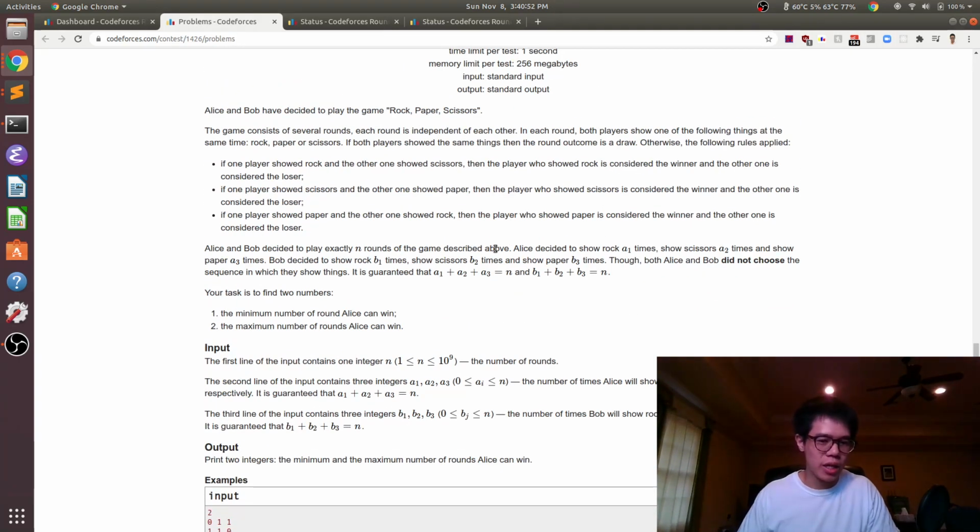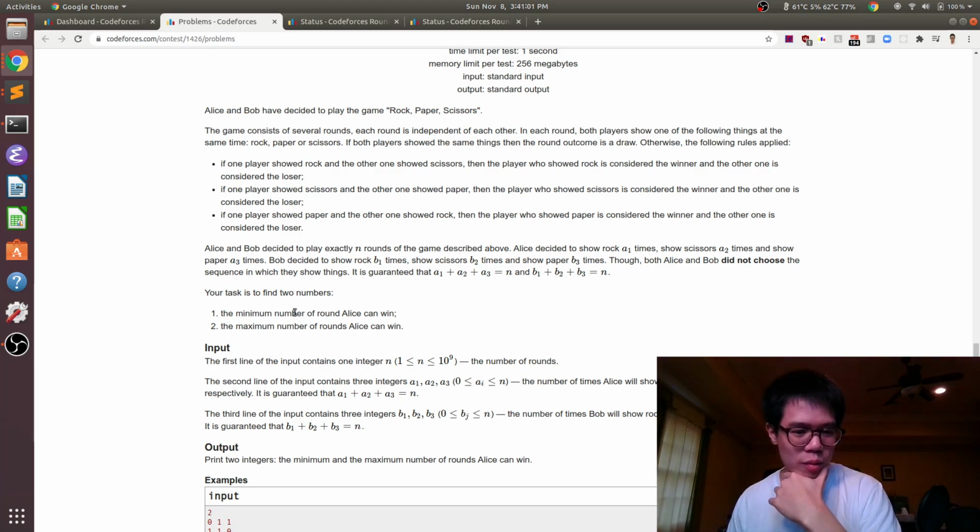So they just play n times, and then you know the number of times Alex played rock, scissors, and paper, and then the number of times Bob played each of them, and you're just trying to find the max and min number of rounds that Alice can win.